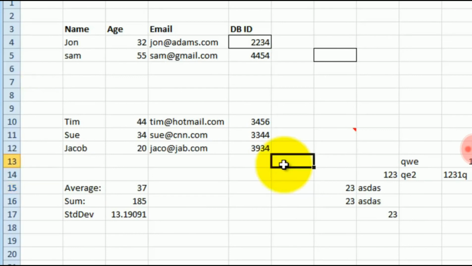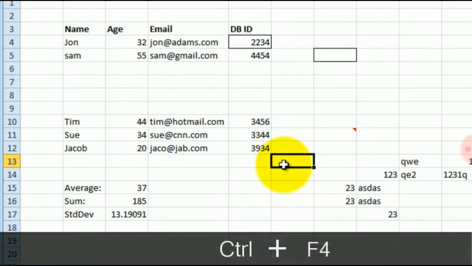And the last tip that I want to share with you for this session is closing your working document. If you wanted to close the working document, you simply hit Control F4 and